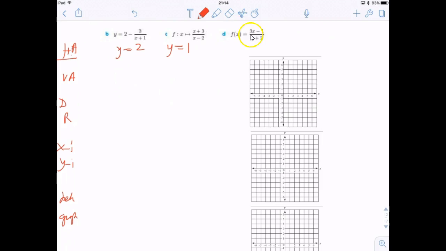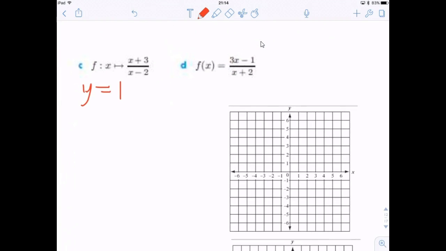What about this last one? If you have a big number substituted in for the x's here, you're going to have 3 times big number divided by big number. And what about the negative 1 and plus 2? It doesn't really matter, because the negative 1 and plus 2 are very small compared to the big number you're putting here. Another way to think of this is you could take the